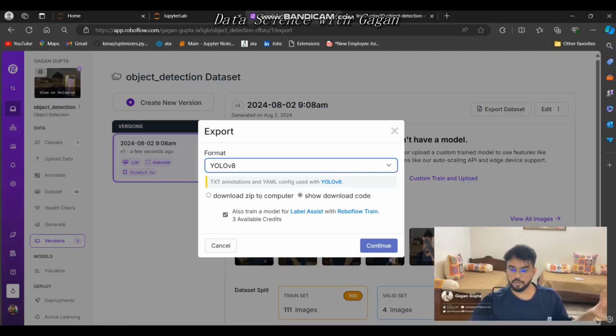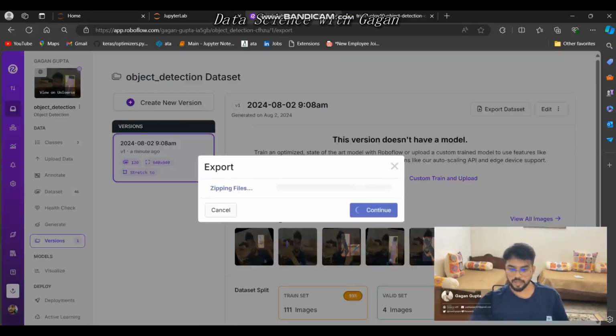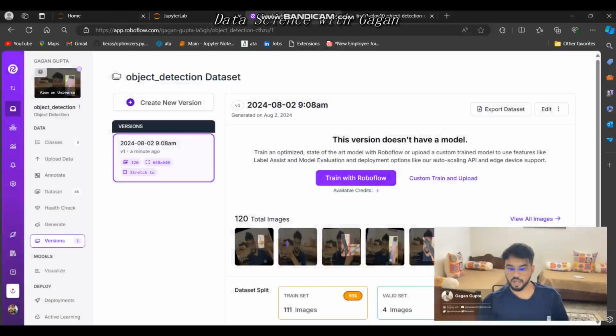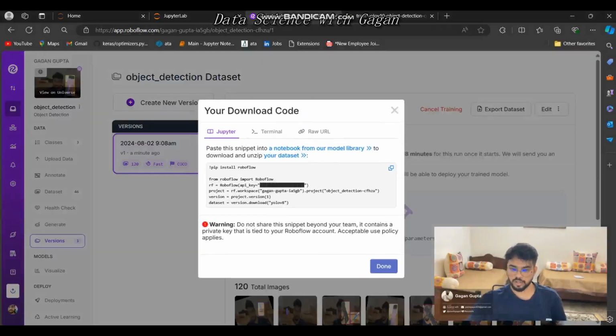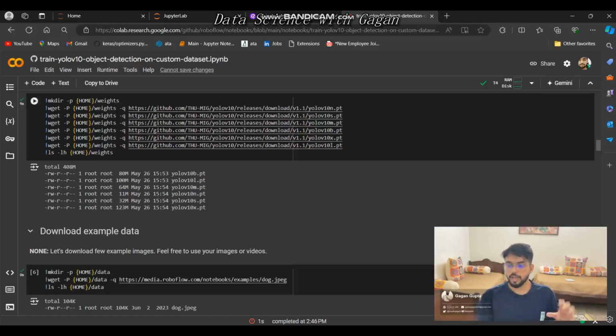So we are going to use this code. Let's see, it's zipping the file, and then it will return you the code. So you can use this code. Now we got the code from Roboflow, so we can access the data set that we have created. Now once we have done all those things, we can go to this Google Colab notebook,